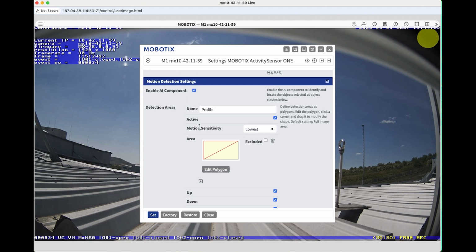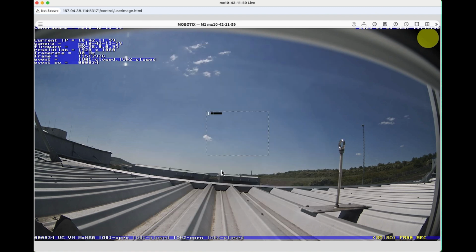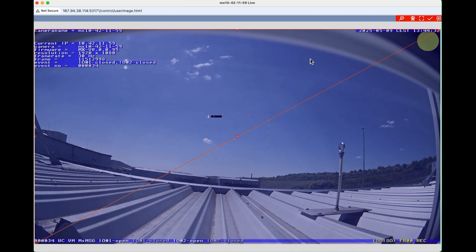The AI component is by default enabled, and there's one profile already set up, and this profile says detect the whole area of the image. If you want to adjust that and say no, I only want to see the upper area, or I need to define an exact result here, then I can choose any detection area if I want. I play here now a little bit around to give you an idea that you're very flexible